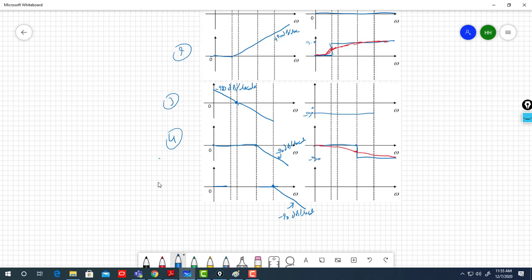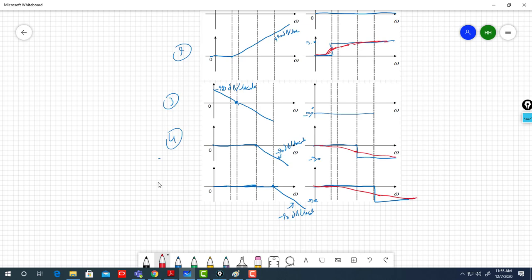We draw the asymptote correctly, it is 0. Alright, basically that's it, and here it is 0 degree, and then minus 90. If you want the exact one, it is 0,